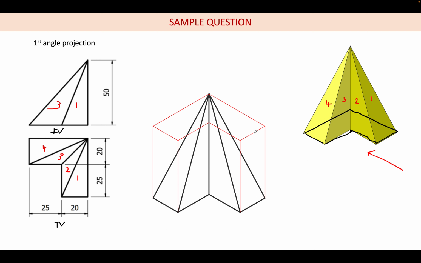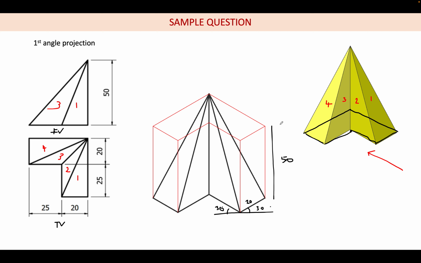This L-shaped object I am extruding for some height. So this height will be 50 mm. First we are drawing the L-shaped object. So let us say we are starting from this point. This will be 30 degree. This will also be 30 degree. First we draw this of 20 mm,